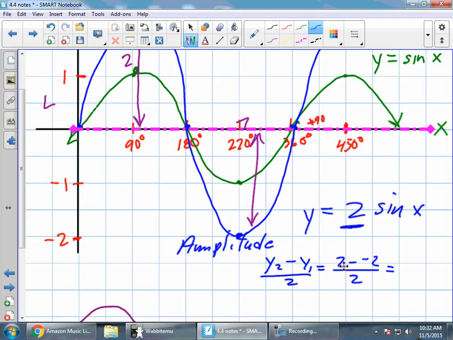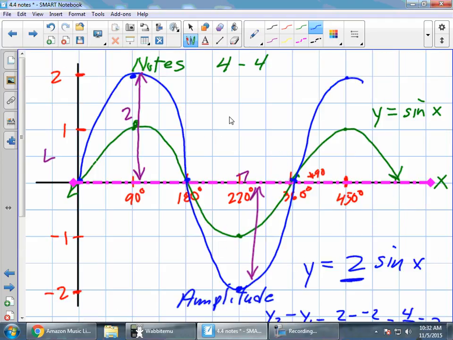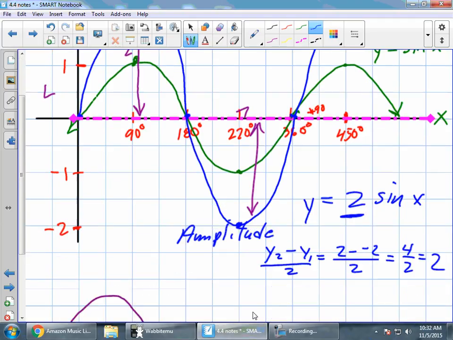Right? We have 2 minus negative 2, which is 4. There you go. So it's 4 over 2 equals 2. And so we come up with that same 2 that we got here. Now the only caution I will make on this, if you get a graph that is shifted up or down,